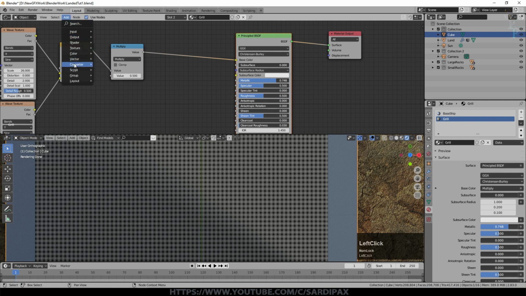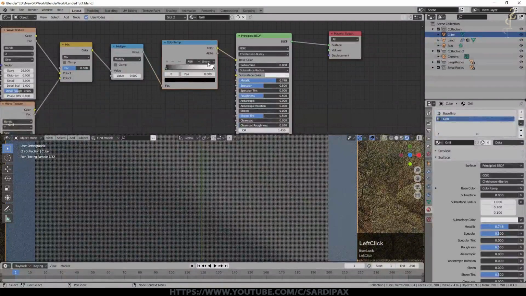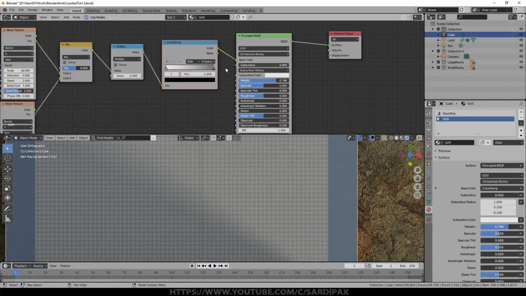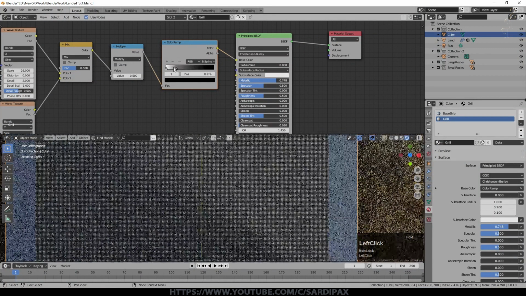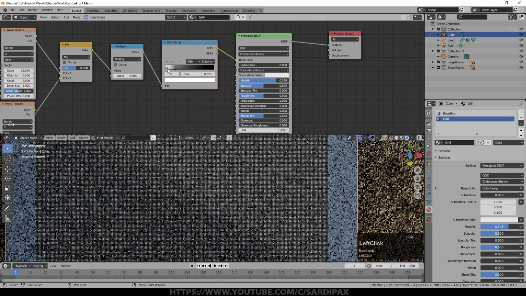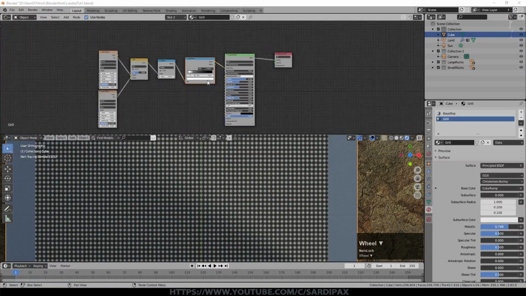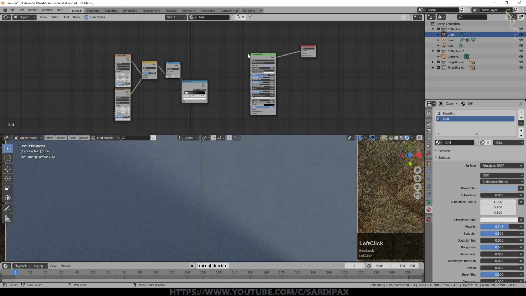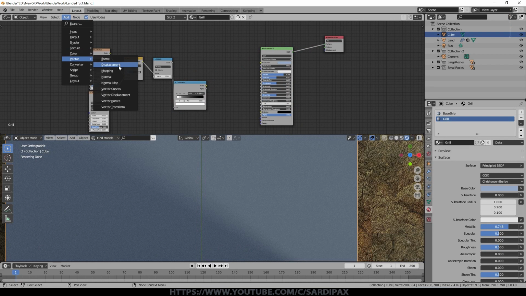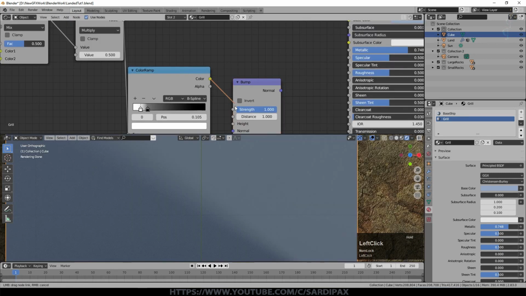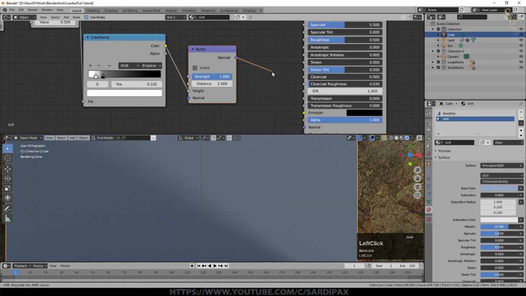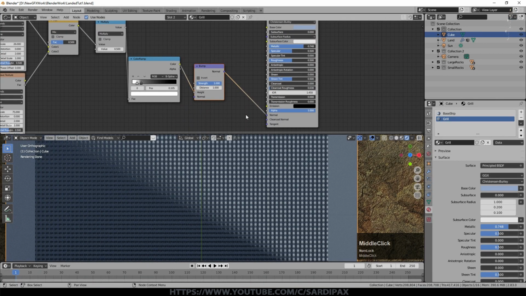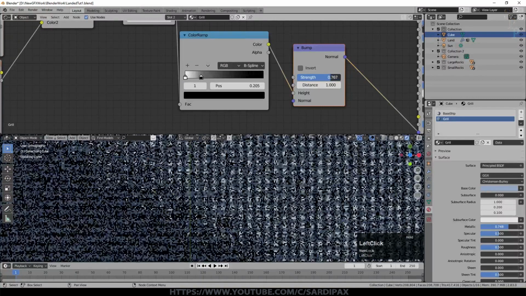And then I added converter, which is a color ramp, set to B-spline, and I flipped the points. So we've got light on the left and dark on the right. Brought the dark pointer down quite a way, and then the light pointer up a bit as well. And now I'm not going to use the color like that. I'll just take that away so it's gone back to the way it was. But I'm going to add under vector a bump node. Put the color into the height, and then the output of the bump node into the normal input on our principled shader. And I turn the strength down to about 0.6.